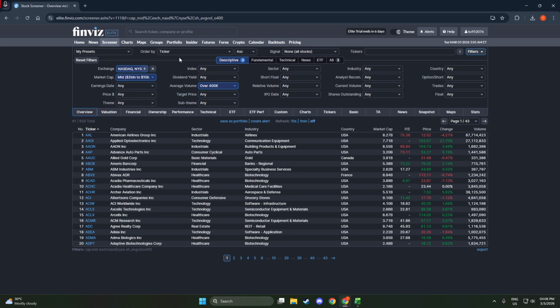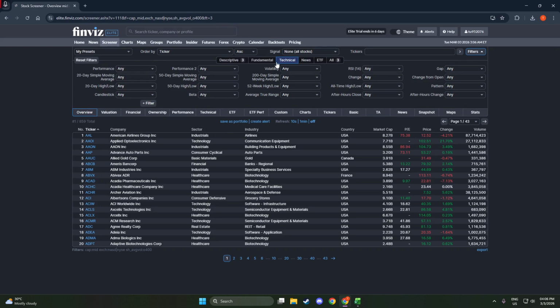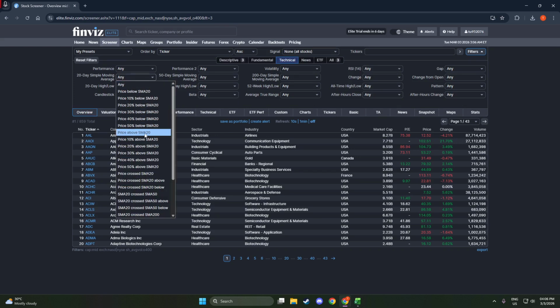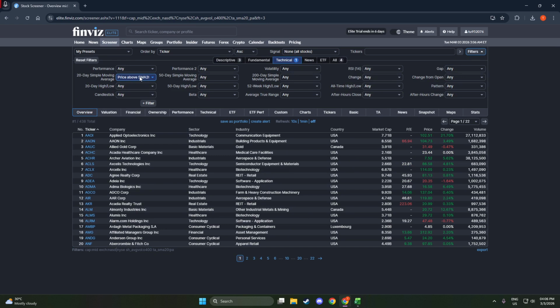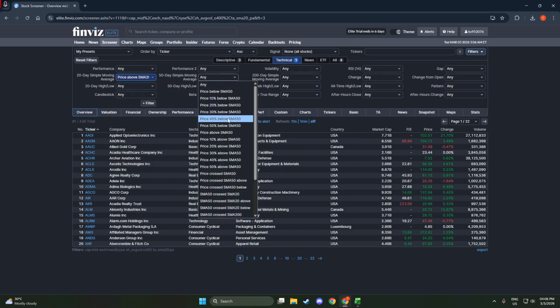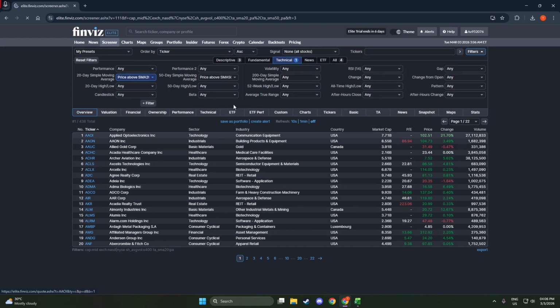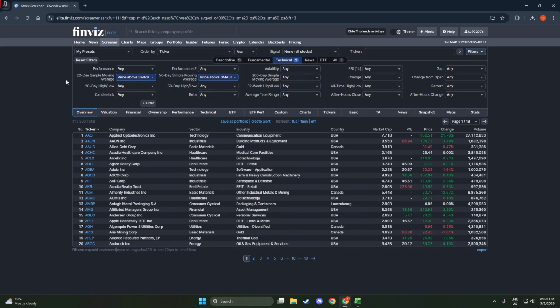Now switch to the Technical tab. Set price above 20-day SMA to Yes. The 20-day simple moving average is a short-term trend gauge. Being above it suggests recent momentum is positive. Then set price above 50-day SMA to Yes as well. Stacking these two conditions helps align shorter and intermediate-term trends, increasing the odds that intraday pullbacks find buyers rather than